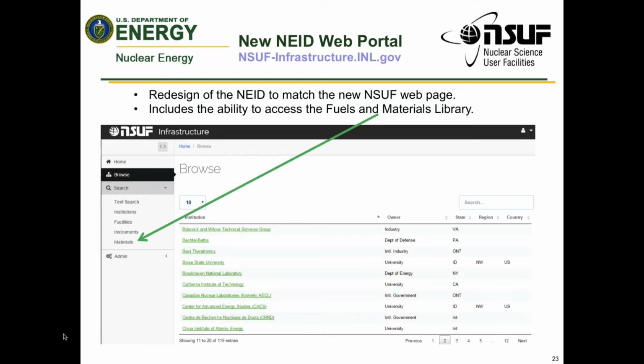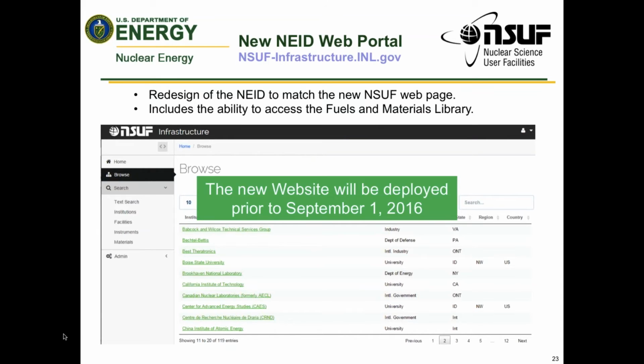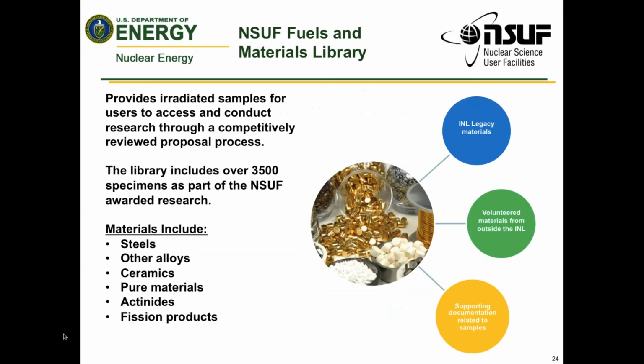The NFML is going to have a full list of all information that we have on the materials that we will have available through the NSUF. The purpose of the library is twofold. One is to reduce costs. If a material or fuel, whatever, has been irradiated and is stored somewhere, there's no reason that we should redo the irradiation test unless there's a particular purpose for that.